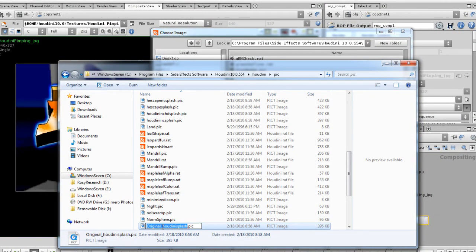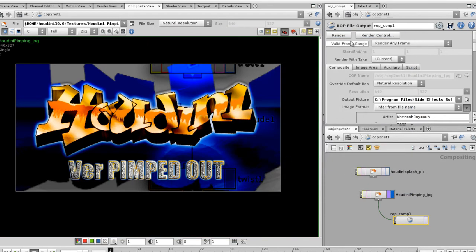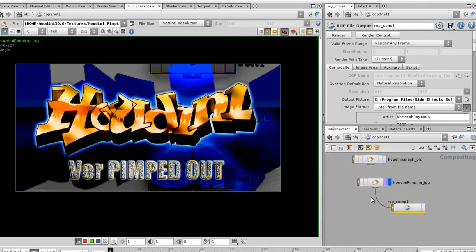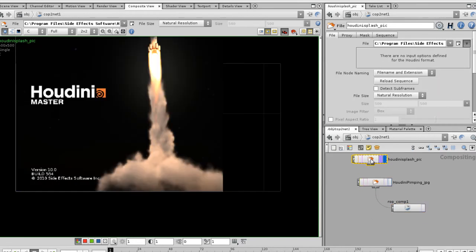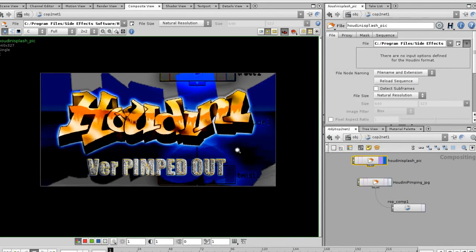And while I'm at it, I'm gonna just copy this because I'm lazy like that, and go back to my Houdini and save that. Actually, I can just save that as that, accept, and render. That should be done. Now hopefully if I refresh this, let's see whether it reads the same thing. As you can see now, that's the new